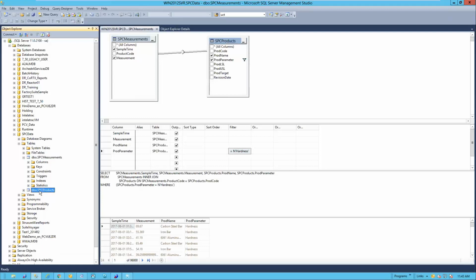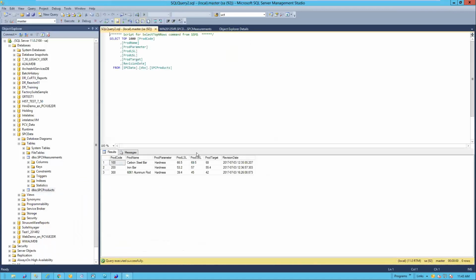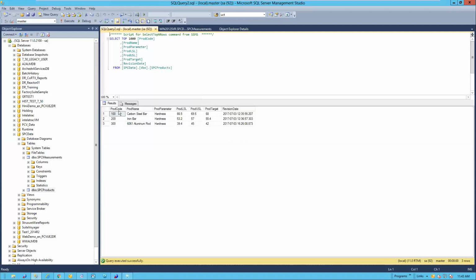One of them is a good representation of what an SPC database might look like. You might have a products table. In this table, it might have a product code, what the product is, what the test is, the last time the specs were updated, the target, the lower and the upper limit. So I'd like to somehow get these into Dream Report